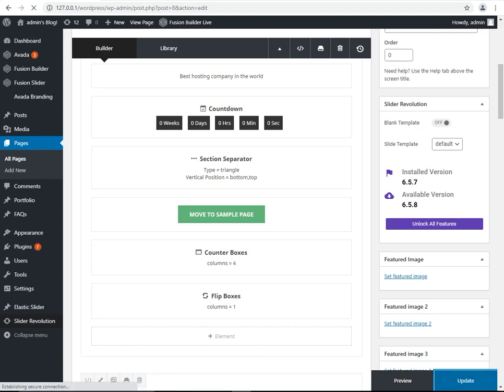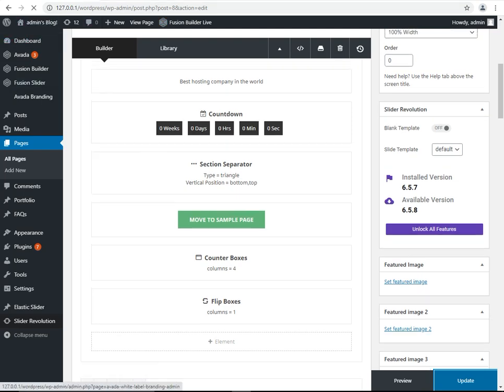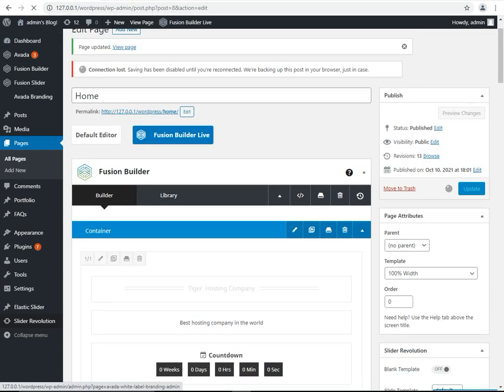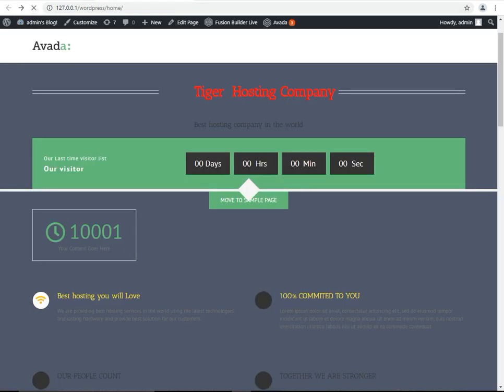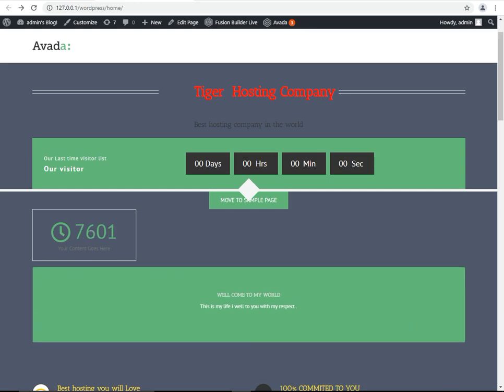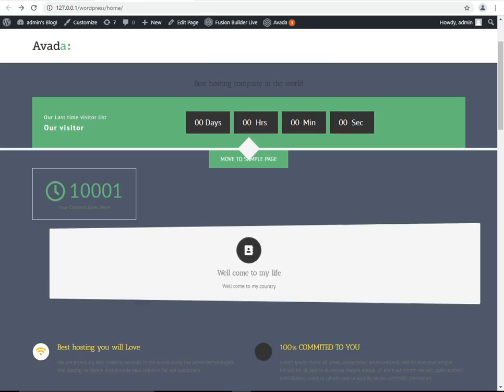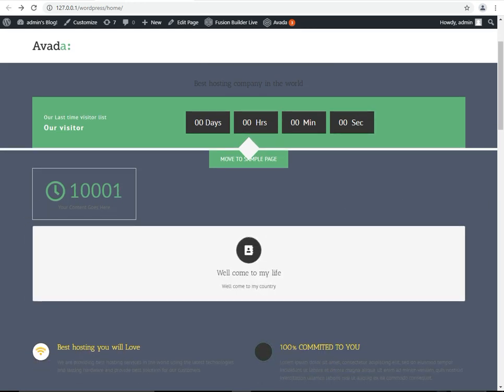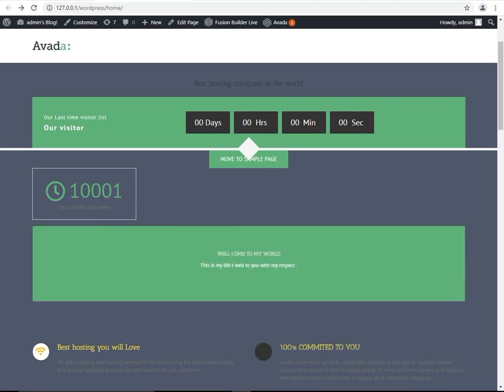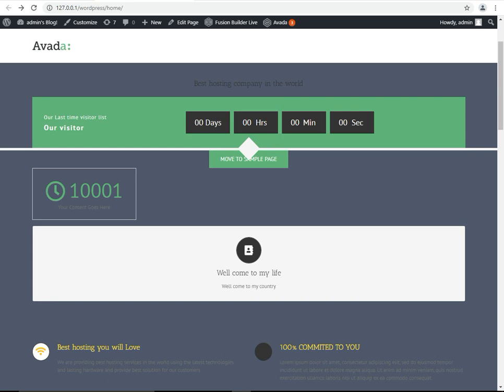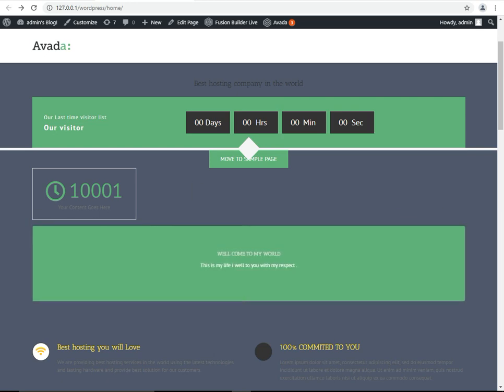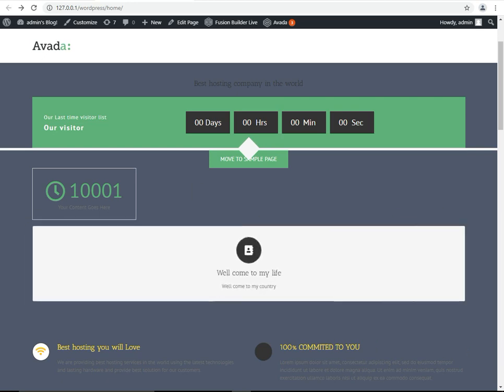I am going to update this. Press the update button. After the system saves the data, we are going to click on the refresh button. This is shown here, looks like this. If a person mouses over here, then it shows this, otherwise it does not show this. Welcome to my life, welcome to my world.